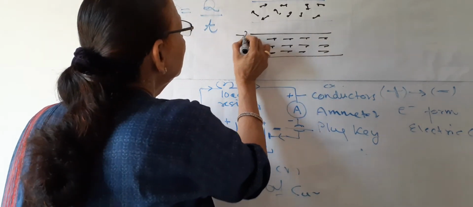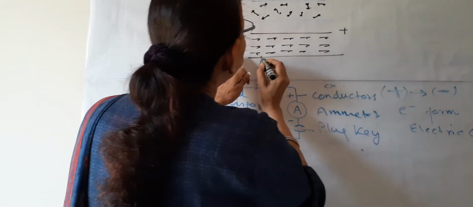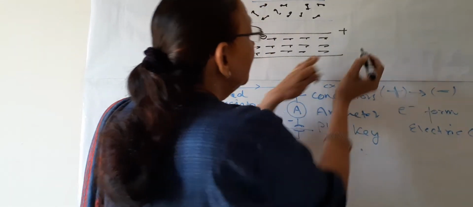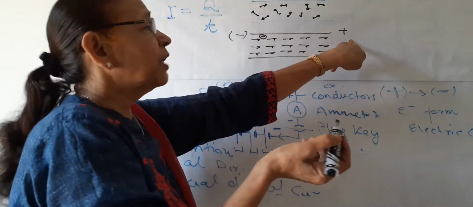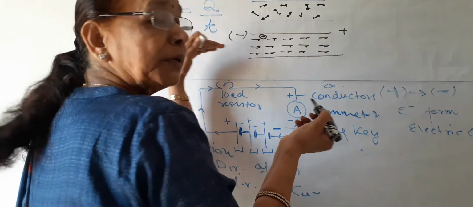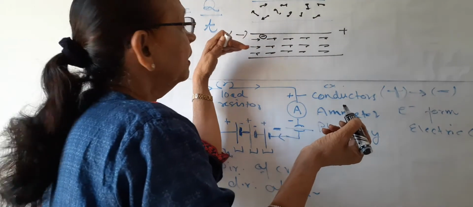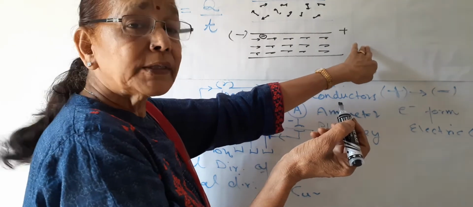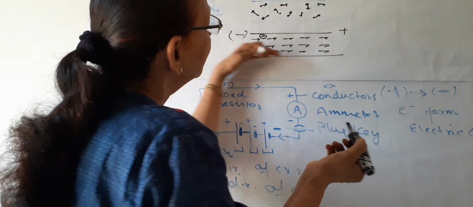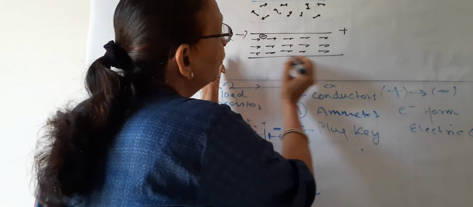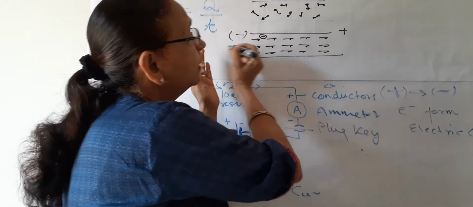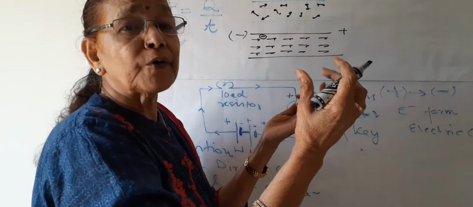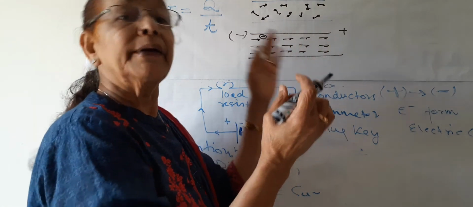So what will happen is that all the electrons move in a definite direction. This is the negative and this is the positive. These are electrons having negative charges, so they are being attracted towards the positive charge, and the negative terminal of the battery is pushing these electrons, and they are being attracted by the positive charge of the battery. So they streamline and flow like this, and current is formed. So what is current? Current is flow of electrons through a conductor, rate of flow.